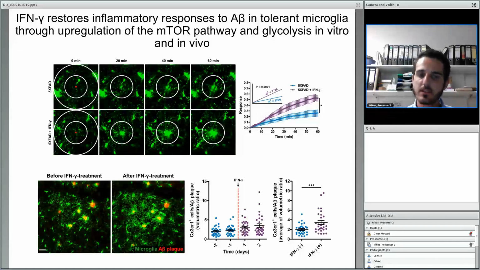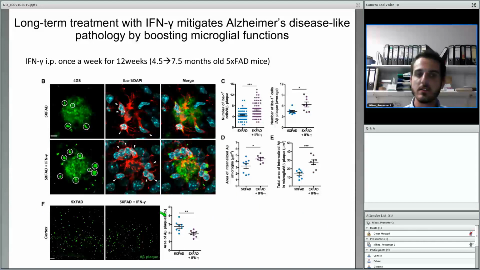And having done this short period experiment, they then went further and asked, okay, what happens if we give interferon gamma for a longer time period? Can this affect the disease burden? And they treated the mice from age of 4.5 weeks to age of 7.5 weeks, so for 3 months, with interferon gamma IP, given once a week a dose. And then post-mortem, they